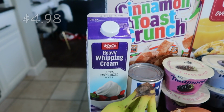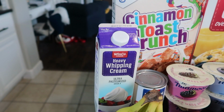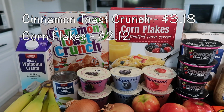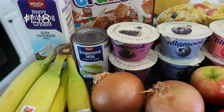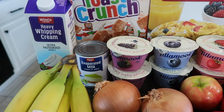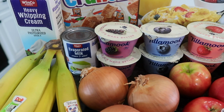Back here I have some heavy whipping cream. I always get heavy whipping cream for my coffee and then also to go in sauces. Back here I have a variety of cereal. I have some Cinnamon Toast Crunch and some corn flakes. Moving on down, I have some evaporated milk, one can of it. I'm not gonna use much of it, but that's gonna go into a peanut butter cookie that I make that is fantastic. And hopefully I will get that recipe up in the next few weeks for you guys too,